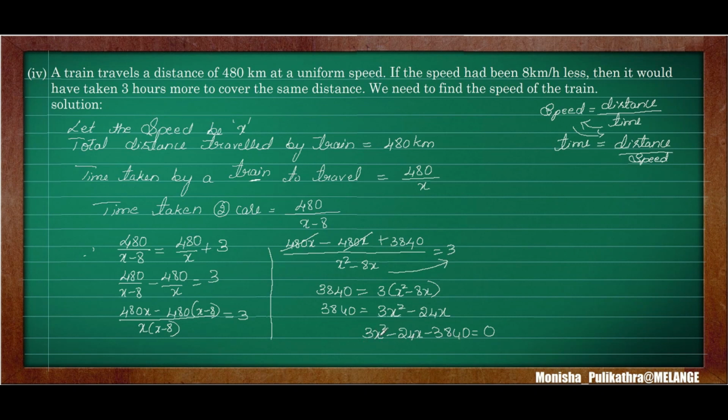This is in the form ax square plus bx plus c is equal to 0, right? Therefore, it is a quadratic equation. This was the last question of this session. In this last exercise, they have asked only to represent the equation in the form of a quadratic equation. They have not told us to solve it. If they ask you to solve this, just factorize it to get the value of x. All the other steps are similar, but we just need to simplify it to get the value of x. That's it.